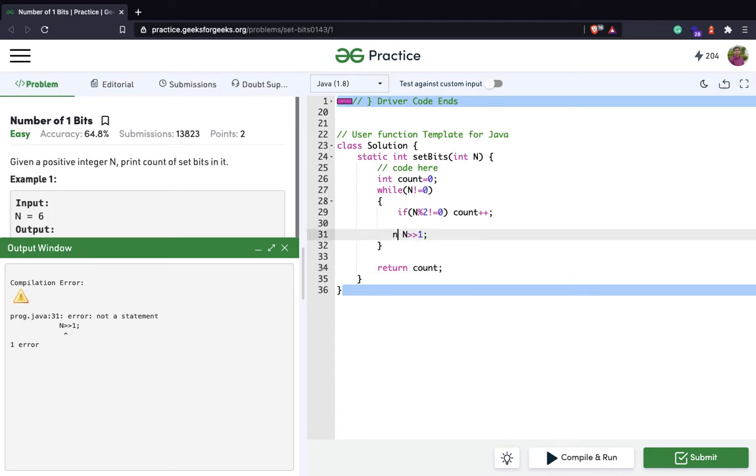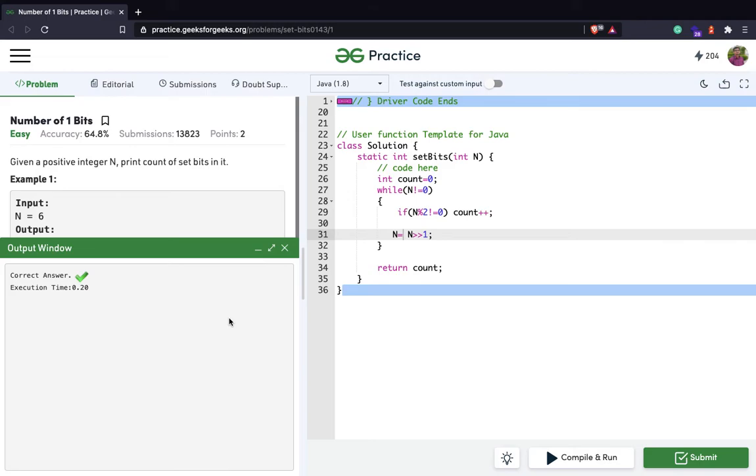Oh sorry, it's n equal to... yeah. So this solution is now correct.